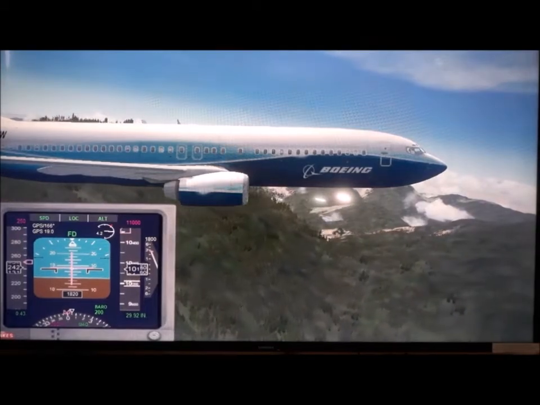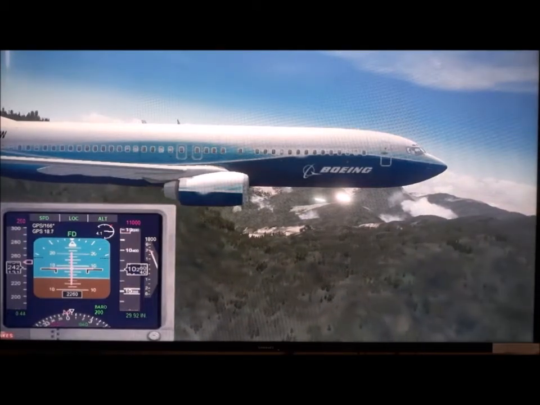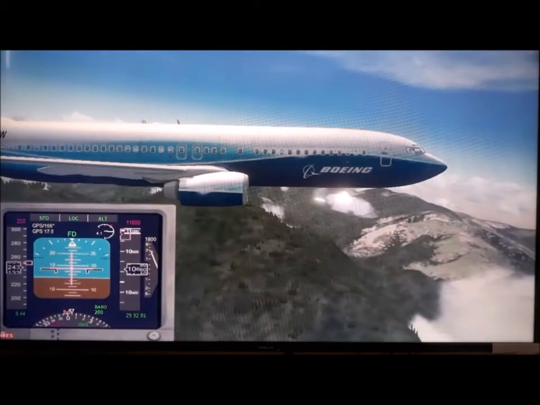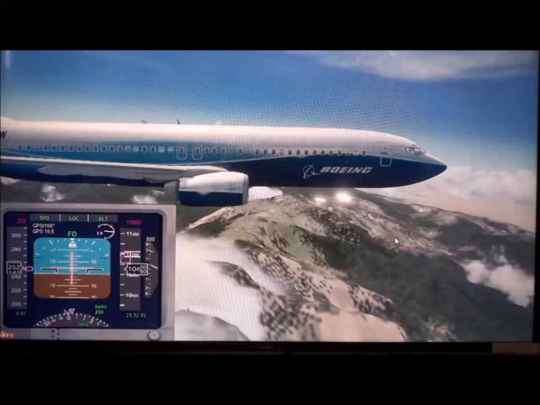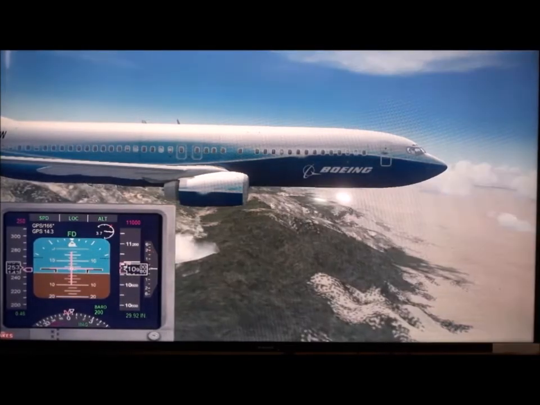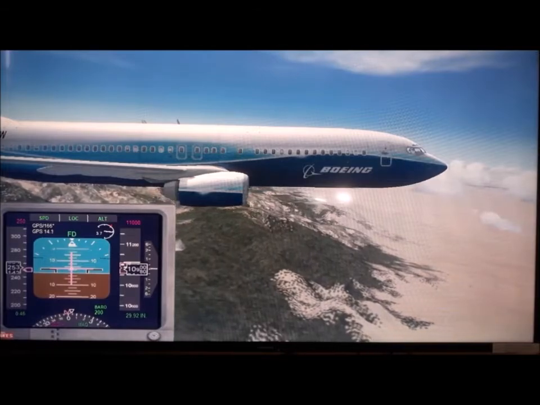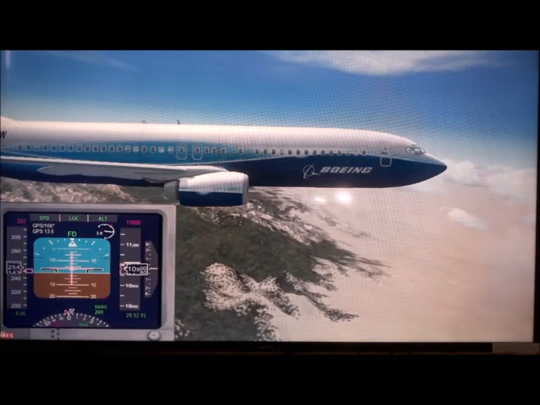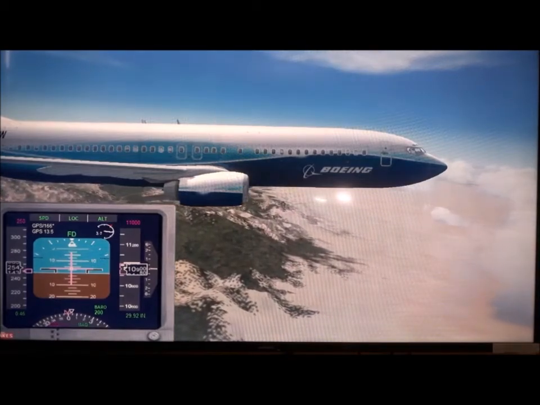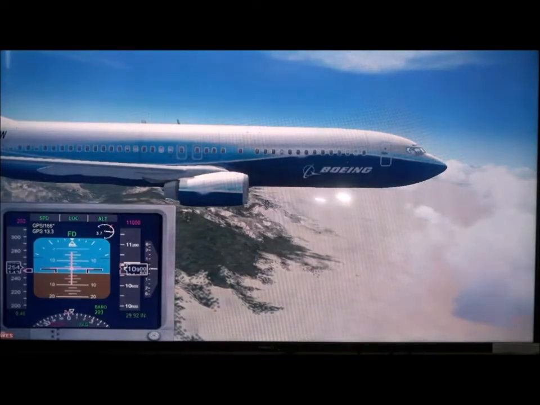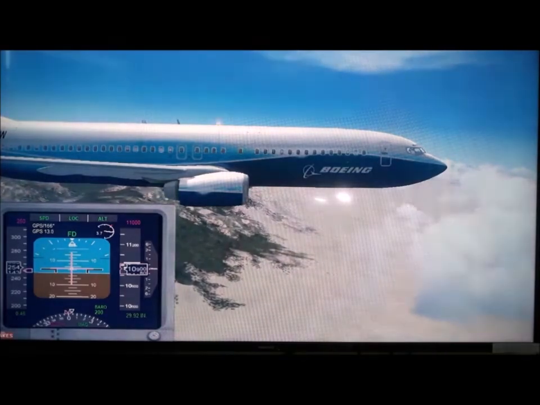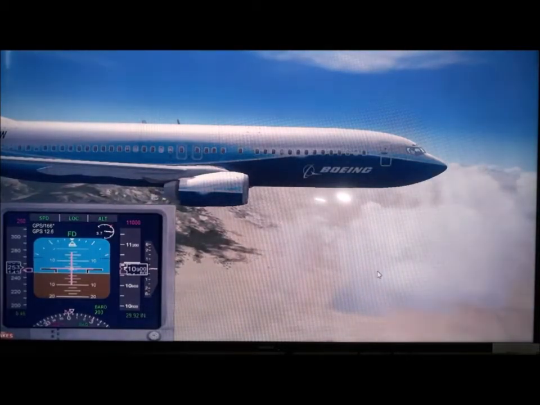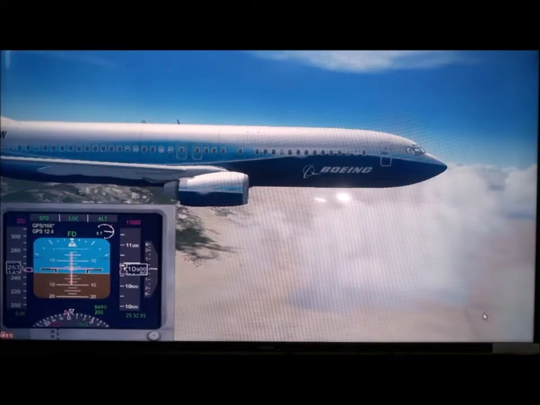So now it has climbed through the mountain range. You can see it has reached 11,000. Normally a flight will never go at this low altitude. It will always fly at flight levels of about 30,000, 35,000. But in this case, because of the short distance, we are only climbing to 11,000. Now that the mountains are over, we are reaching the valley. Now we are sloping into the valley.